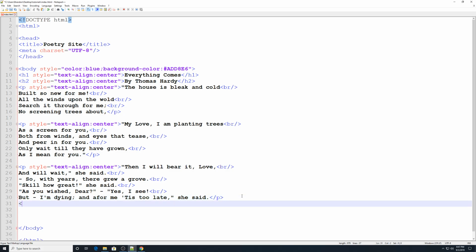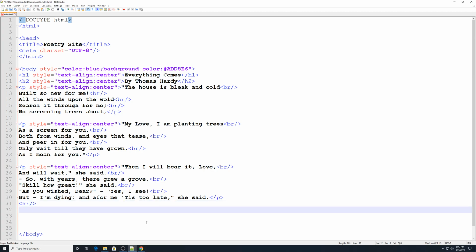Underneath that, just to kind of use HR for our horizontal rule, and then underneath that I'm just going to put this last part, and I'm going to have it just normally in the left align, and I'm going to give this emphasis, our italics here. So I'm going to say page created by